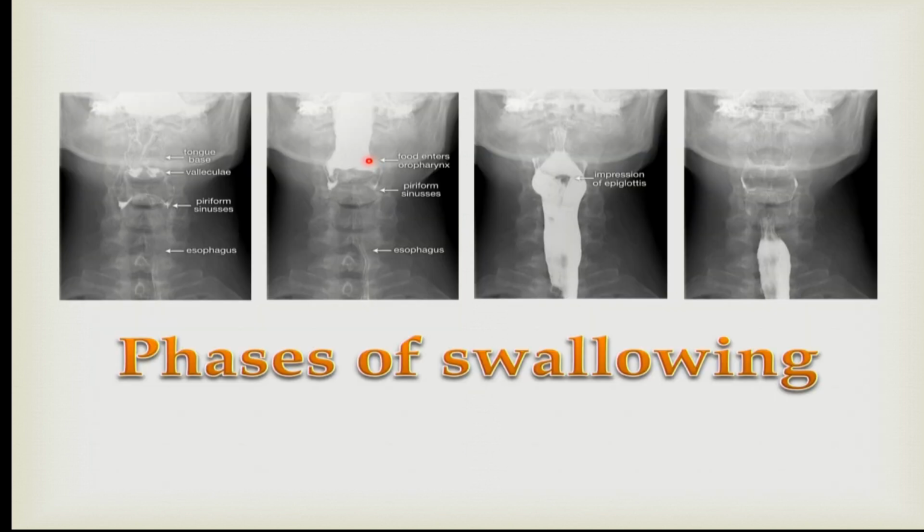But in practice, it is not always so. We may visualize it in various phases of swallowing. When the contrast bolus passes, there is distension of the valleculae. It goes down, then we get a filling defect. What could this be? This is the epiglottis getting closed in the middle with the phase of swallowing. So all these are normal appearances. We will never know in which phase of swallowing we are taking the radiograph.